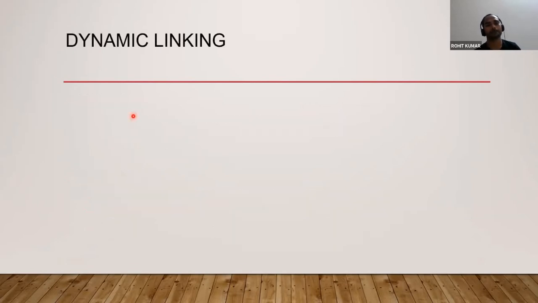Okay, so though we have discussed static and dynamic linking as well as loading, our focus is on dynamic linking and dynamic loading only. Why? Because static linking and loading are not critical to system performance, because those are defined a priori, before runtime only. Though your compiler might take 2-3 seconds or sometimes more in linking or in loading, your runtime will be the same. But if you have dynamic linking or loading, then your runtime will differ, because there might be some problem at a particular moment while linking the file at runtime.